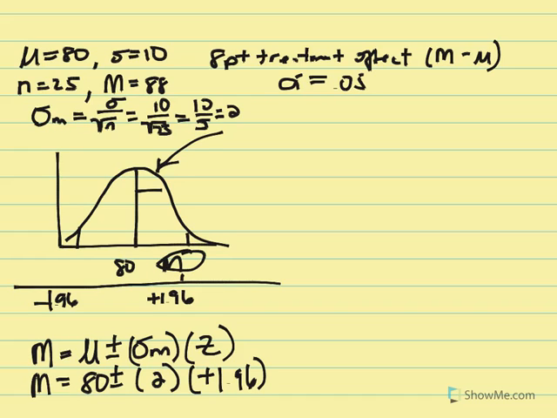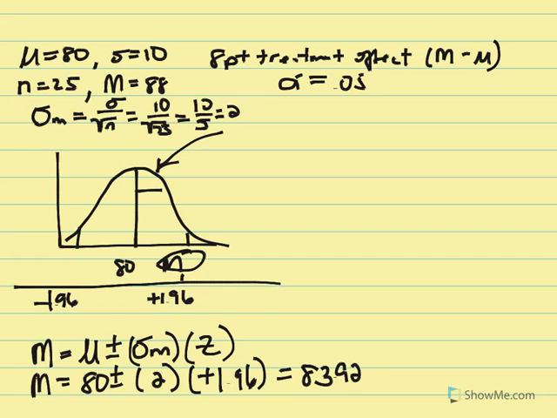I should restate that. What value does it need to be greater than? So I'm going to calculate the cutoff point for the sample mean and recognize that anything greater than sample mean will place me in the critical region and enable me to reject the null hypothesis. So let's get our calculators out and calculate again 2 times 1.96 and add it to 80, and you should get